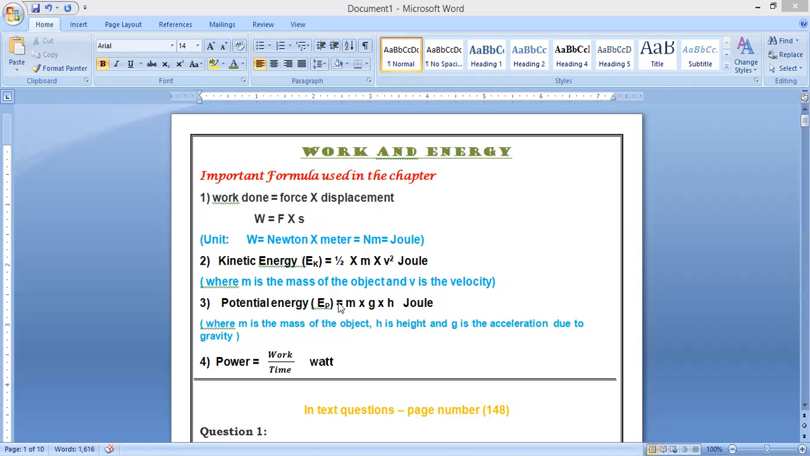Potential energy Ep is equal to mgh, where m is the mass of the object, g is the acceleration due to gravity, h is the height of the object, and the unit is the same, that is joule. The fourth formula we are using in this chapter is power is equal to work divided by time, and the unit of power is watt. So let us go to the page number